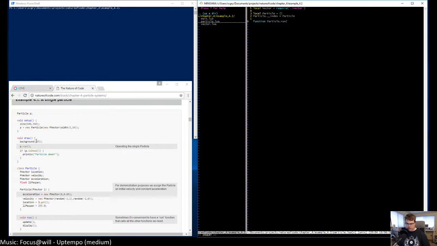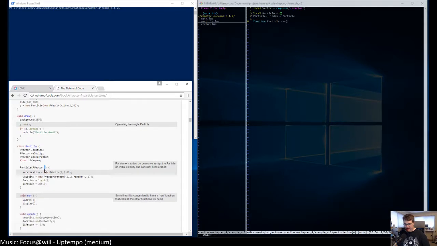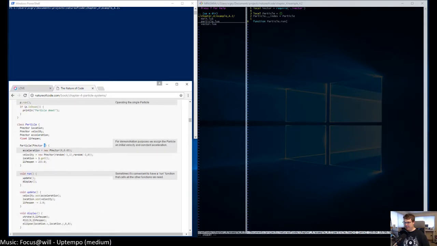Okay, so what we've got here in this class particle, the particle constructor, it looks like, is bringing, oh, he's shorthand, L for location. I don't really like that.